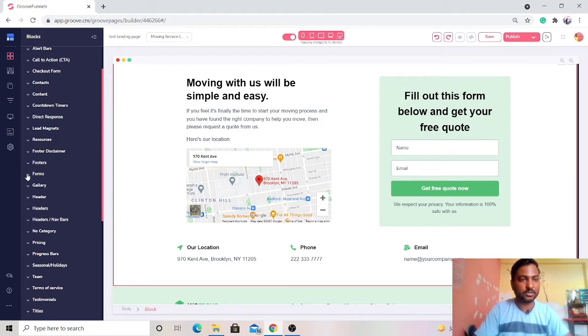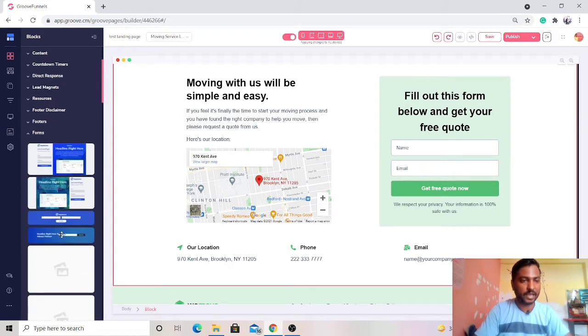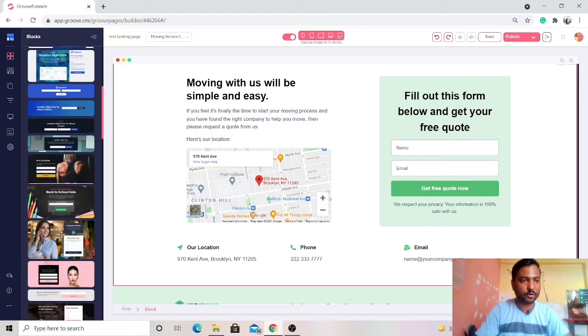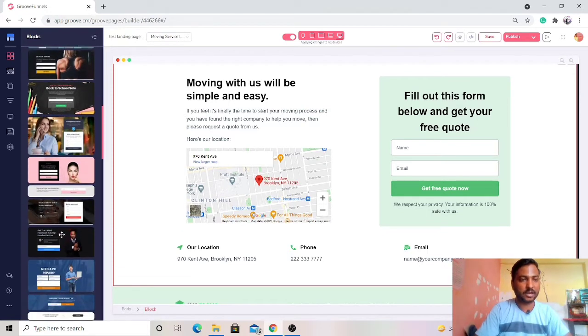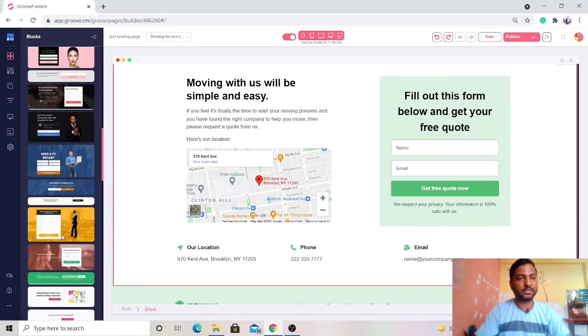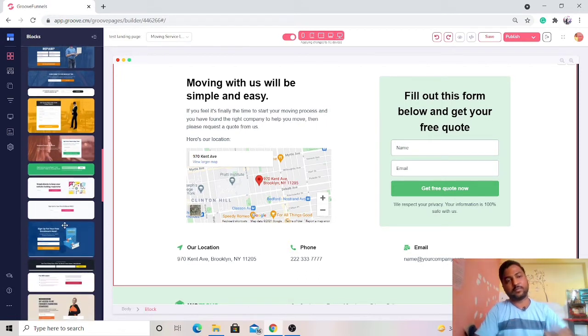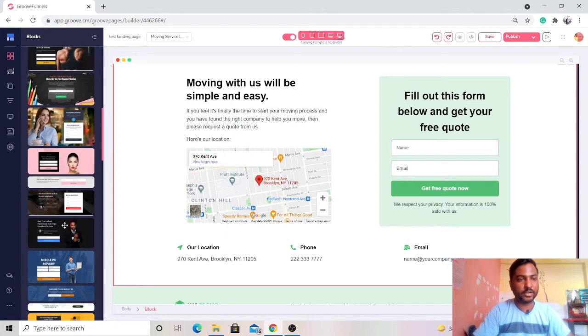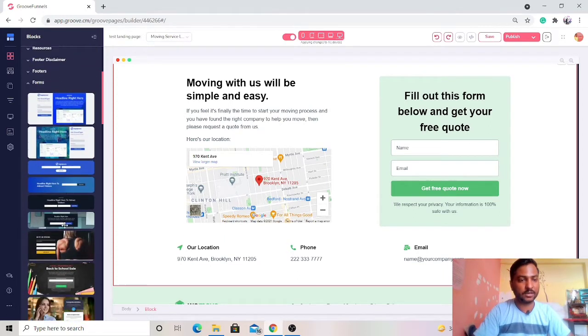You just have to open that form area and you see there are lots of options for the form, rectangular options, horizontal options. It depends on you, according to your website design and your landing page design, you can choose any one of them, select that block, drag and drop it anywhere in the landing page, and you can integrate it with your own automation software. Let me show you how you can do that.